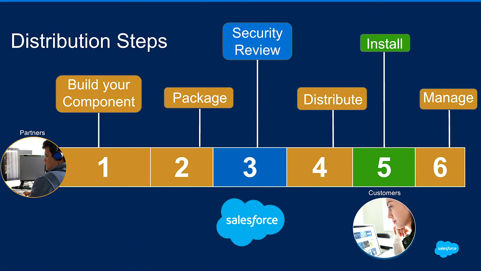So today we're going to talk through this 6-step process. First, we're going to talk about considerations when building your Lightning component, things to keep in mind. Then we're going to talk about different types of packages, and packaging is our way to allow for distribution of Lightning components. Then we're going to talk about security review. Security review is a super important step of this process, and this ensures that components that are on the Lightning Exchange are secure. Then we're going to talk about tools that are available to help you guys distribute Lightning components